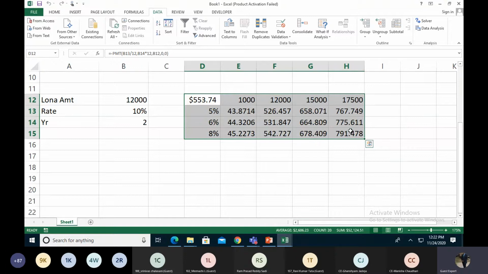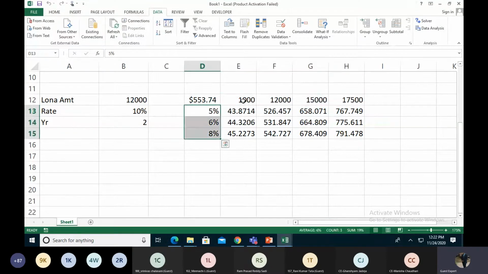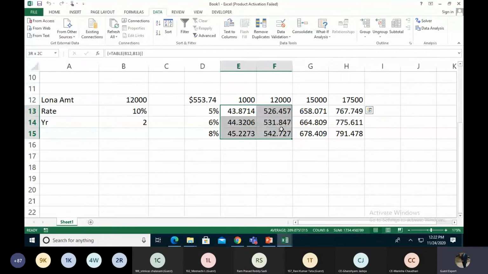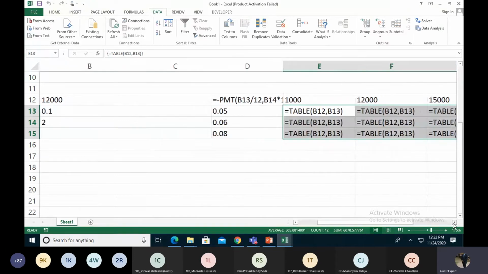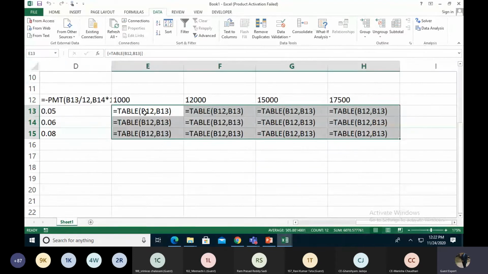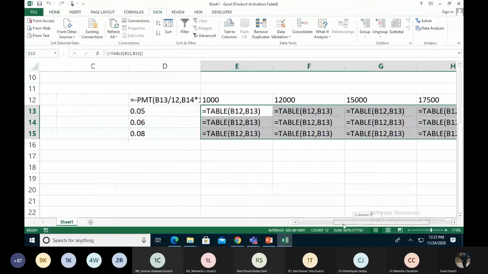Any kind of formula we are finding out, we have to give all the details, given the data on the x-axis and y-axis, horizontal and vertical, and we want to fill all the things. You have to see these things. This is a table. I'm pressing the Control and Tilde button. So this is a table, and it is checking the data from B12 to B13.